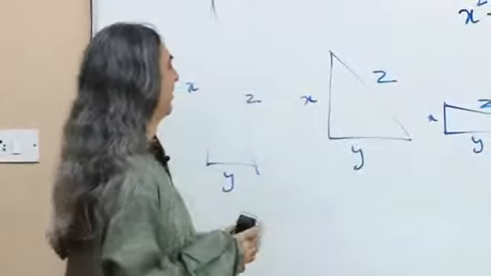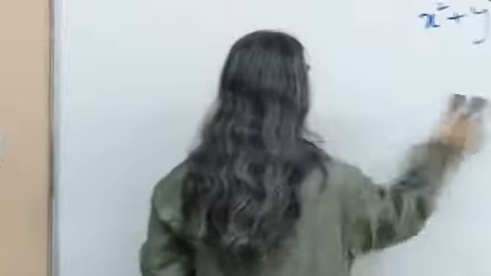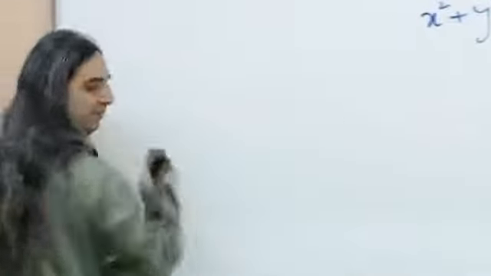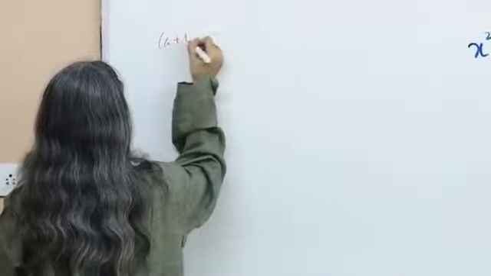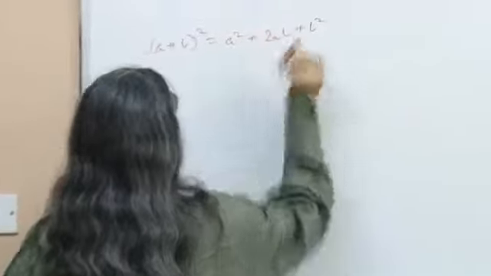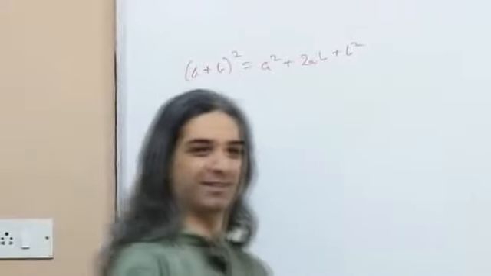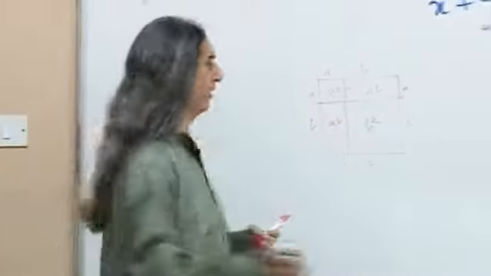So let's prove the Pythagoras theorem. Okay, now for that we require one more result. Before we can prove Pythagoras theorem, we have to prove something else. That something else is, what is a plus b the whole squared? A squared plus 2ab plus b squared. Very good. A plus b the whole squared is a squared plus 2ab plus b squared. Brilliant. Why? What why? It's a formula. We just keep this as one result that we have already got, and now we go to Pythagoras' theorem.